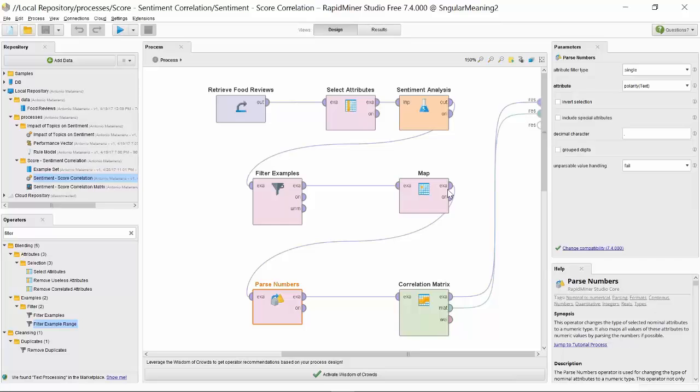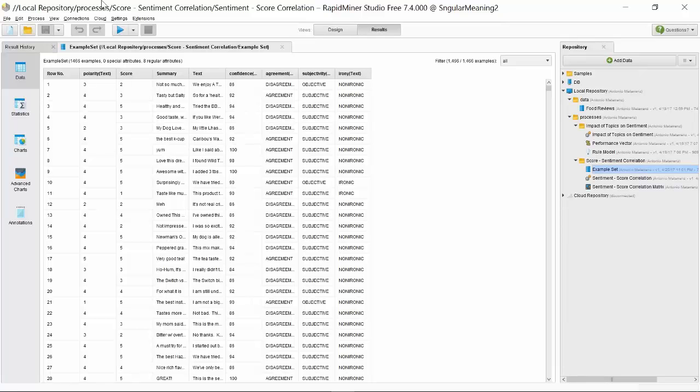Okay, so instead of running the calculation that will take some minutes, I'm going to present you with the results. First of all, the resulting example set. If you remember, we selected some specific attributes, and then we have added the polarity-related attributes.